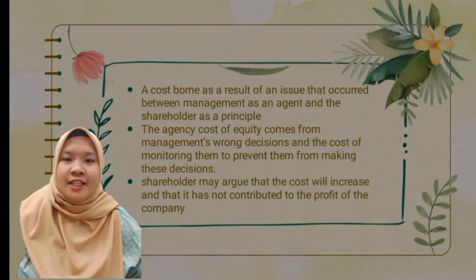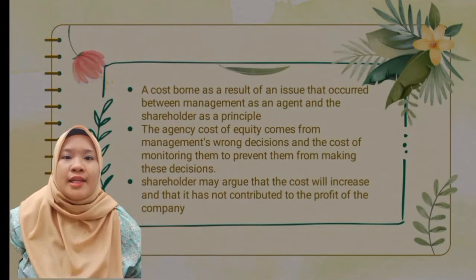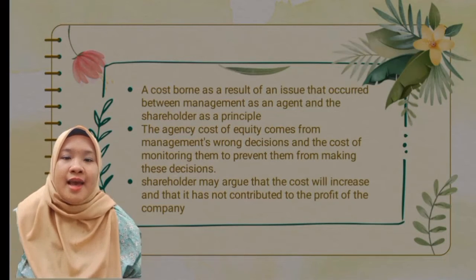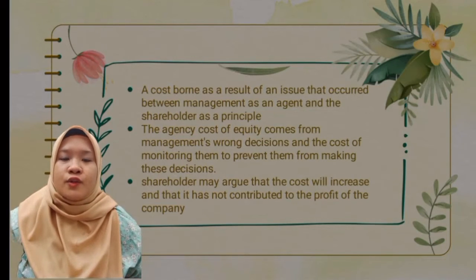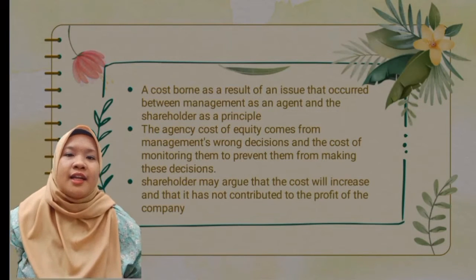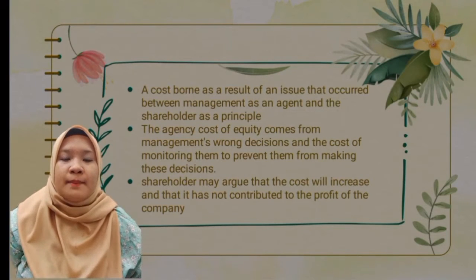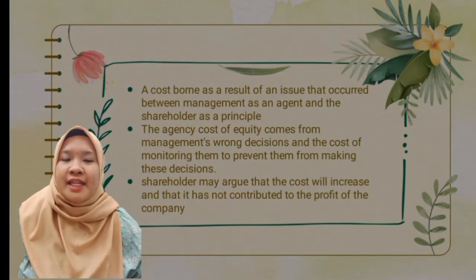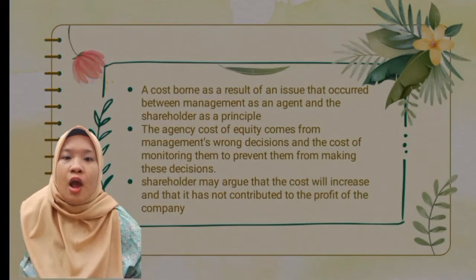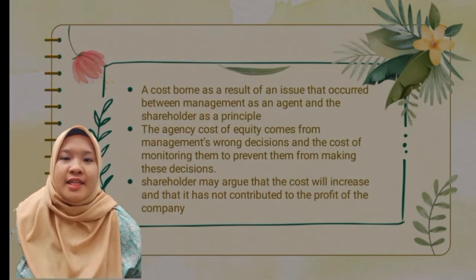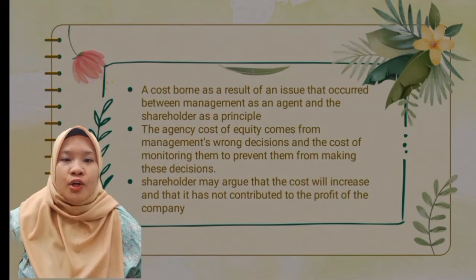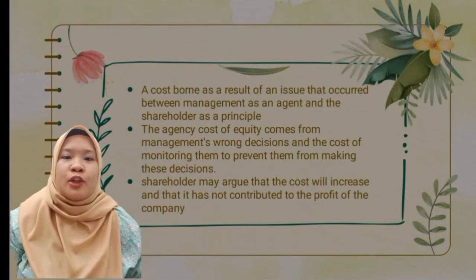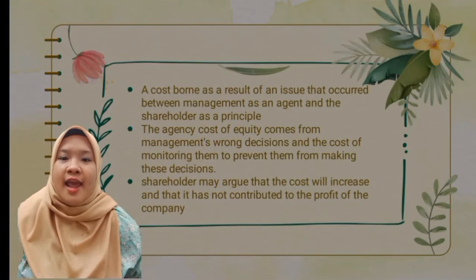From the management perspective, they will make bad decisions that increase the cost incurred by the company. The increased cost does not contribute to shareholders, who even need to give and contribute more to the company. Actually, shareholders want to maximize their share of the company to make sure they gain profit. For example, agency cost of equity is when management increases bonuses or books an expensive place for staff, but shareholders do not agree because they need to pay for the cost and do not get any benefit from that.